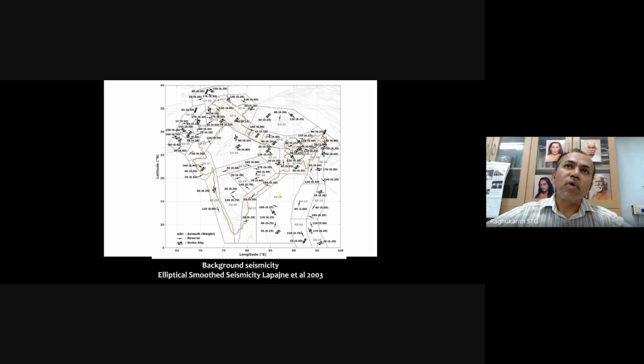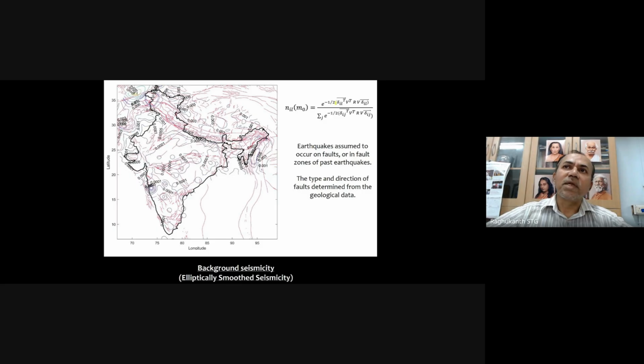So we used this approach, and for each zone we have found out, more or less, the focal parameters here. Based on the faults as well as the catalog, we used this elliptical smoothing method to come up with these recurrence values. So these are the numbers. This is the recurrence, the frequency of magnitude four, which I'm showing you as contours here. The direction and everything of the contours is influenced by the fault, and the values are calculated from the catalog itself.